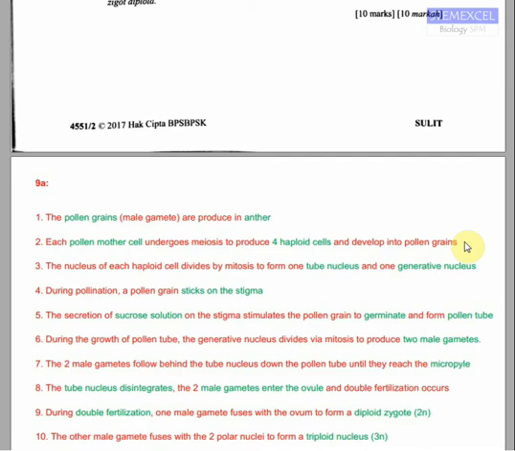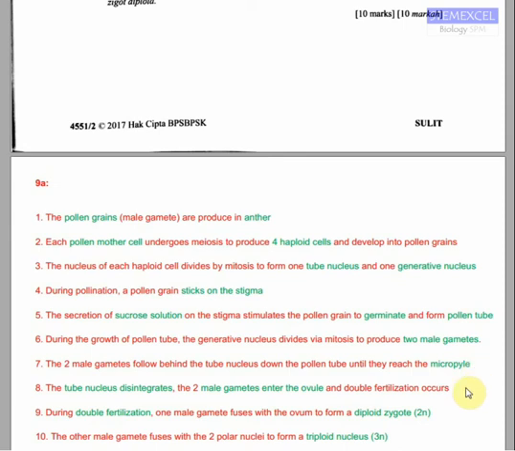And then next, number 3, the nucleus of each haploid cell will divide by mitosis to form 1 tube nucleus and 1 generative nucleus. So remember, from this you always have 1 tube nucleus and 1 generative nucleus. And during the pollination process, a pollen grain will stick onto the stigma, and then the secretion of a sucrose solution on the stigma will stimulate the pollen grain to start to germinate, and from this the pollen tube is formed. So during the growth of the pollen tube, the generative nucleus will divide via mitosis to produce 2 male gametes, and these 2 male gametes will follow right behind the tube nucleus down the pollen tube until they reach